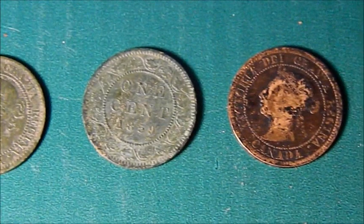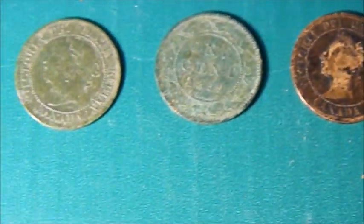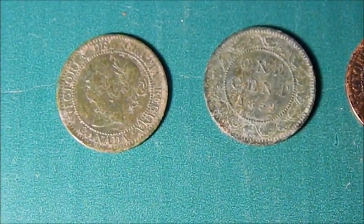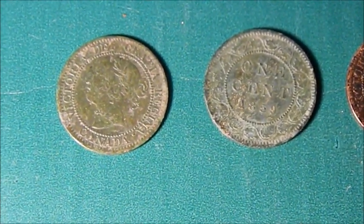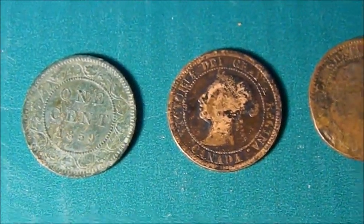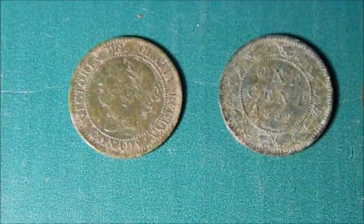Here we have 4 Queen Victoria coins. These first 2, showing the obverse and reverse, are from 1859. This coin is from 1886, and then this one I can't find a date, but we'll discuss that one in a moment. Queen Victoria,